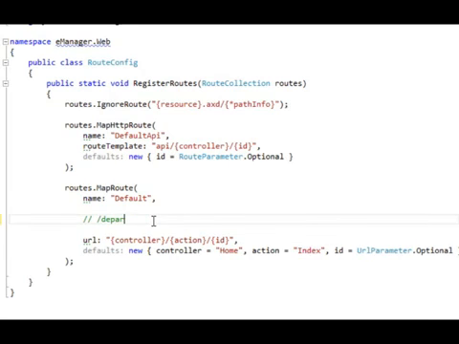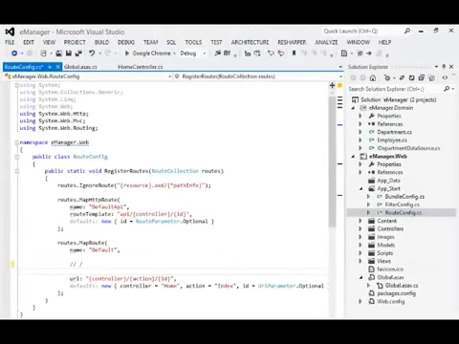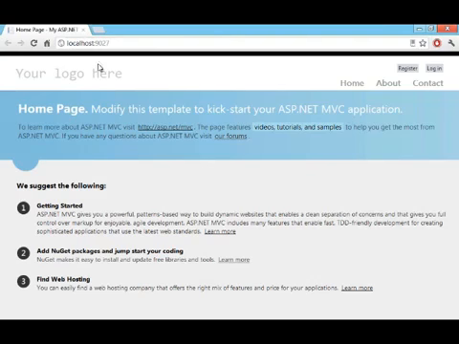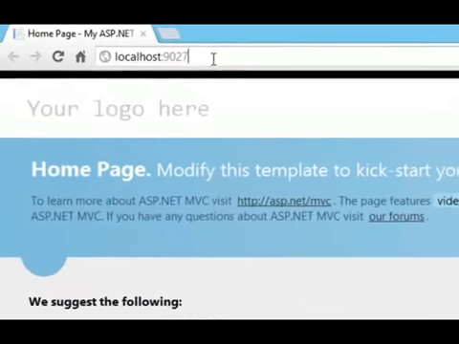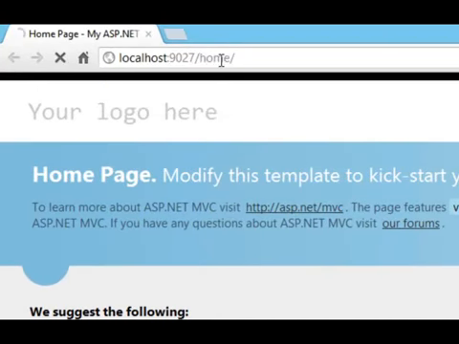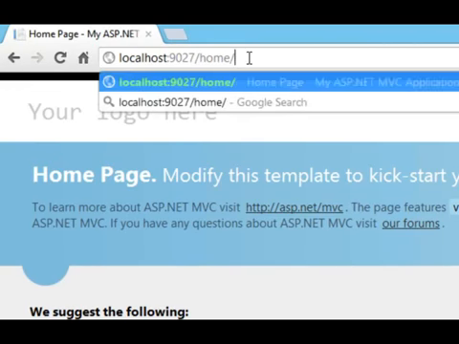And if a request arrives for the root of the application, we have enough defaults to plug in values for everything there too. The controller will be the home controller, the action will be the index action, and the ID is still optional. And what that means is if I go back to the browser where this is running, I can make a request to /home, that arrives at the home page, and I can make a request to /index, and that arrives at the same page,